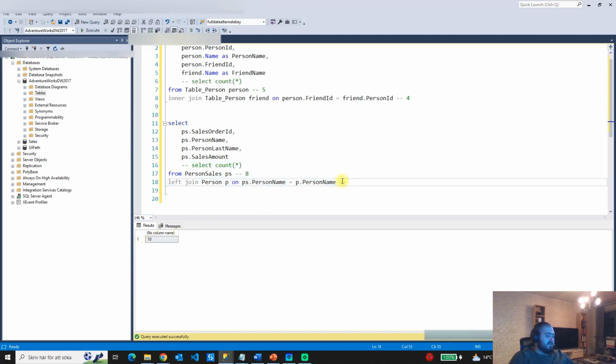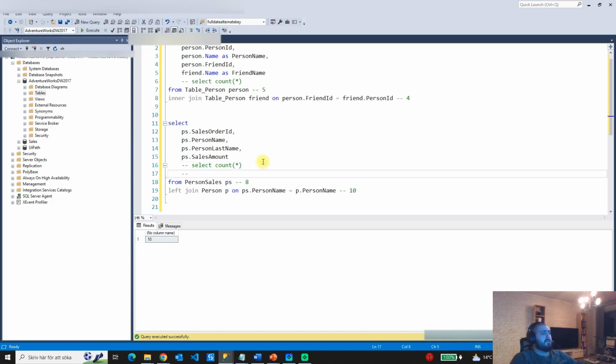So in the previous example we get fewer rows, but in this case we get more rows, so we get duplicate rows here. And this is how we can find out which rows are duplicates. So we do the same thing here, and here we can say okay, from the persons table we have a person name, so we could say okay, we want to select the P dot person name here